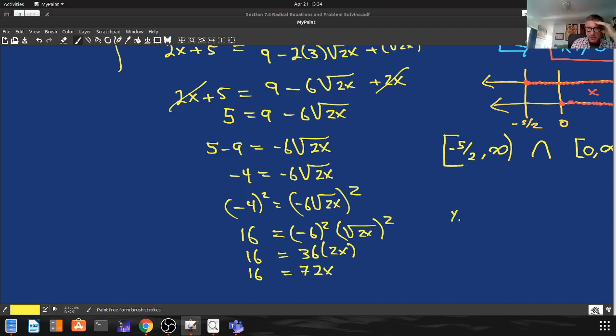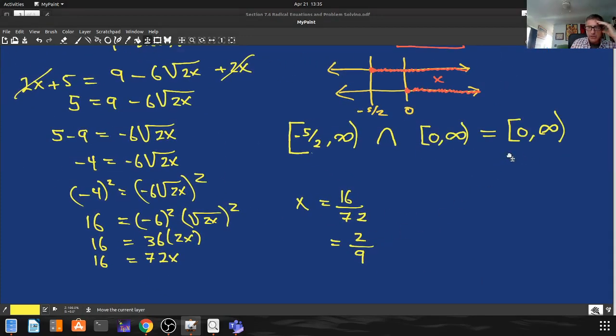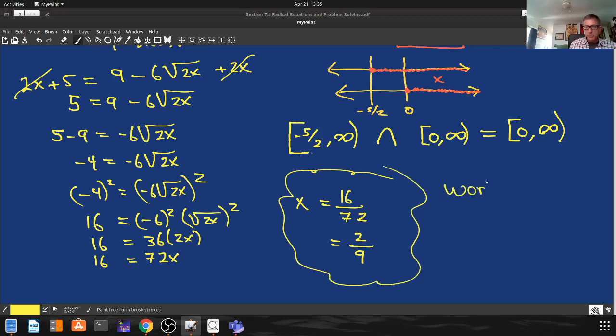So x is equal to 16 divided by 72, which is equal to 2/9. So not so bad in the end, and 2/9 is clearly greater than 0. And when you go back in and you plug that in, and we're not going to plug it back in, but you have to, you find out that this works